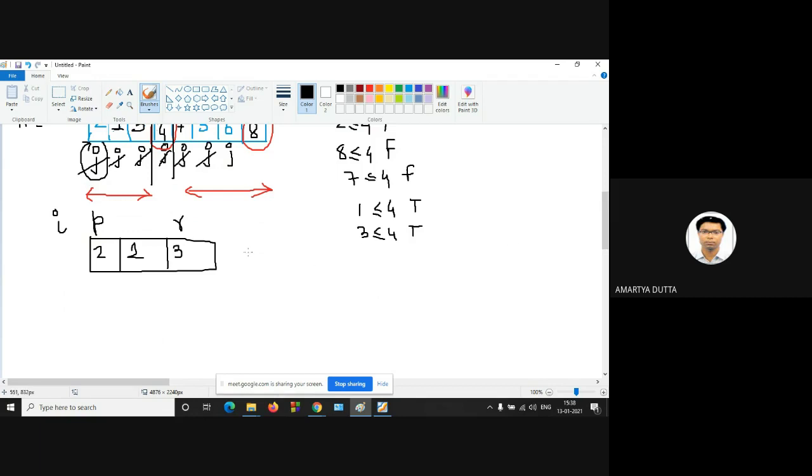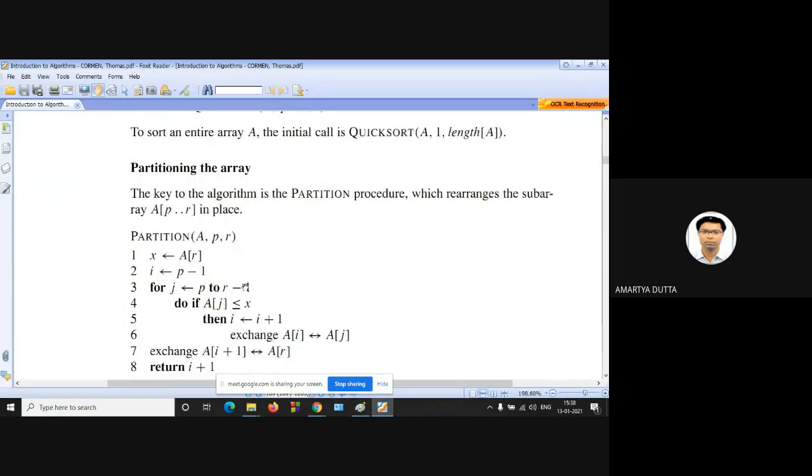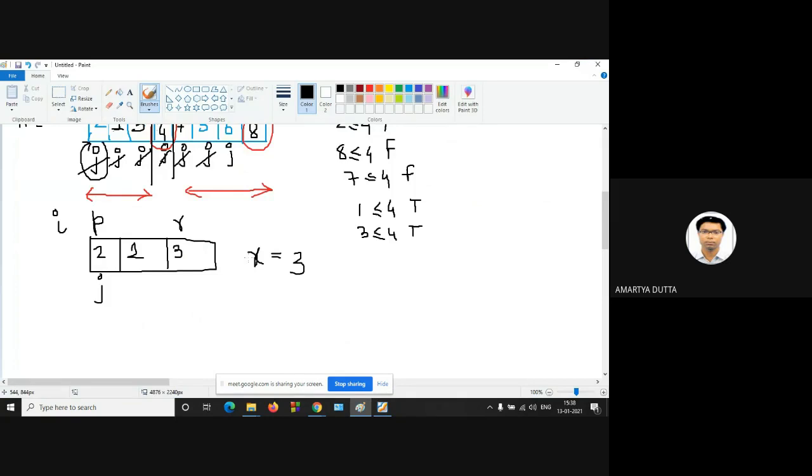So x here is equal to 3, the last one is the pivot. So j runs from this position. At first, is A[j] less than or equal to x? 2 is less than or equal to 3.